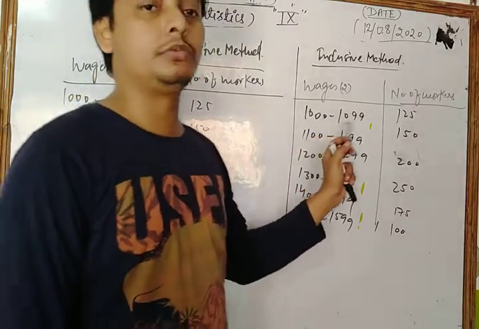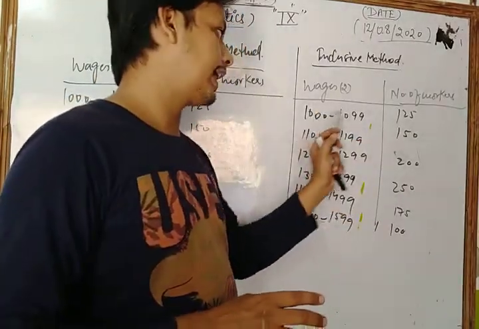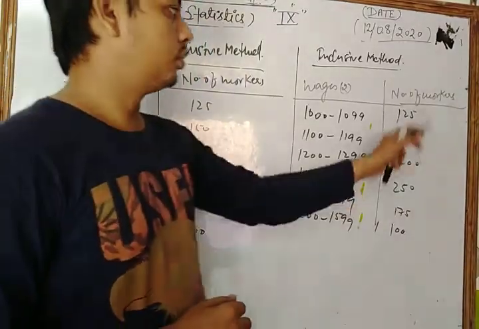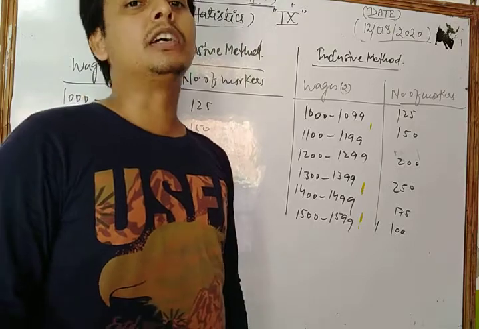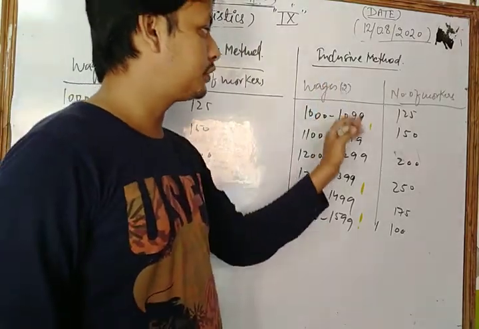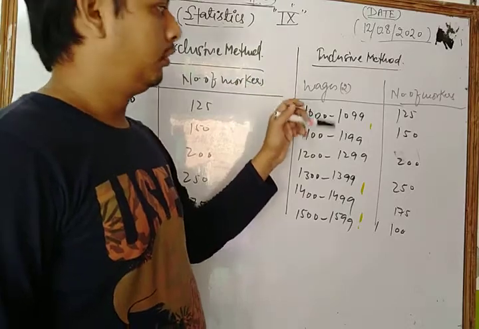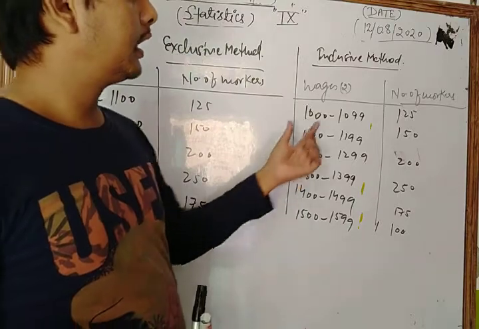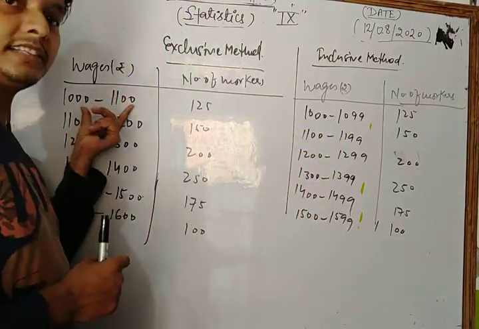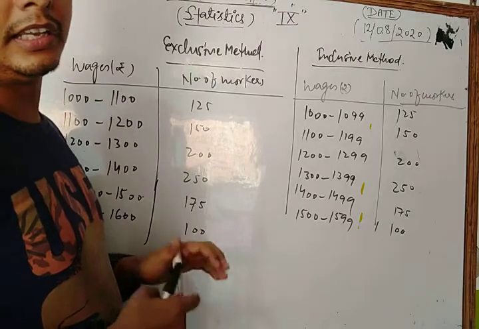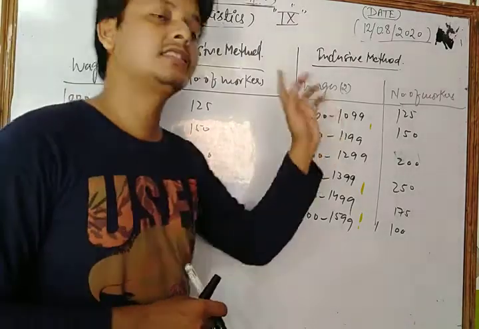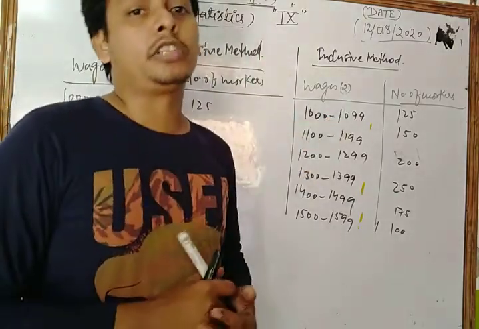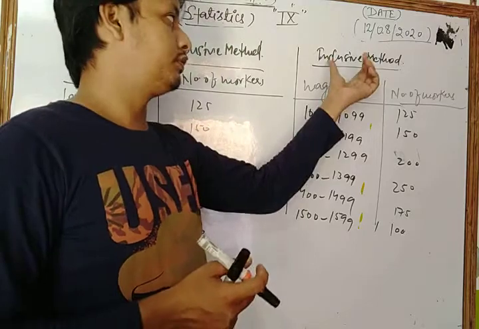But in that type of distribution we included both the lower as well as the upper limit. Okay, dear students, now let's see. Suppose we convert the inclusive to exclusive; we follow some steps. Dear students, when we convert inclusive, what is the class size? Here the class size is 100, no? But here the class size is 99. Now look, what is the process to convert any distribution from inclusive to exclusive?